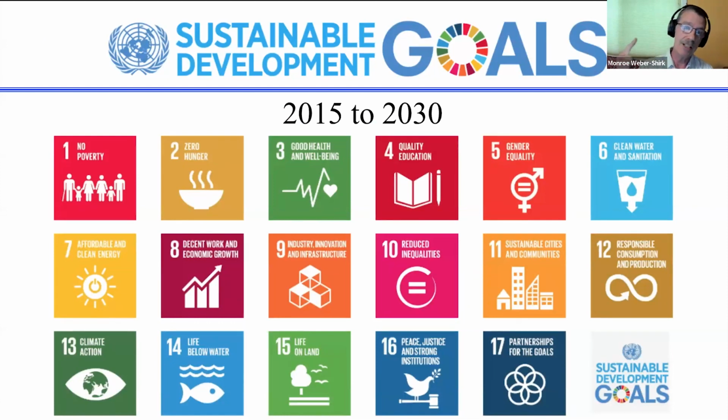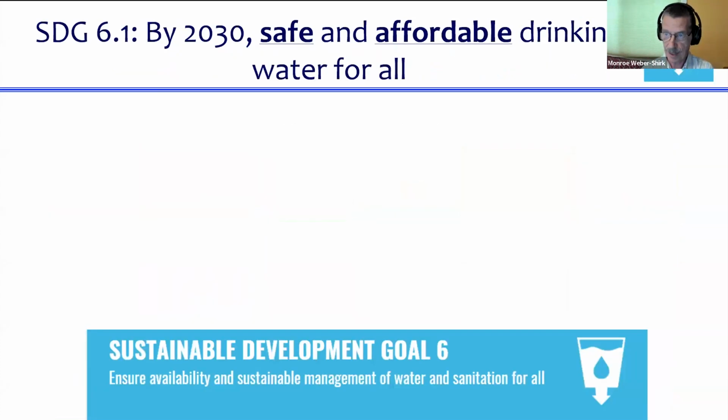But let's back up and go one level bigger. What is this big problem that we're working on? The planet is working on sustainable development goals. The goal is between 2015 and 2030 to work on this list of 17 goals. We're focusing on one of them, clean water and sanitation. That one is by itself a huge goal, but the big context is there are 17 major goals that various folks are working on.